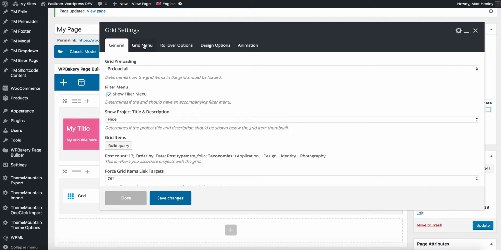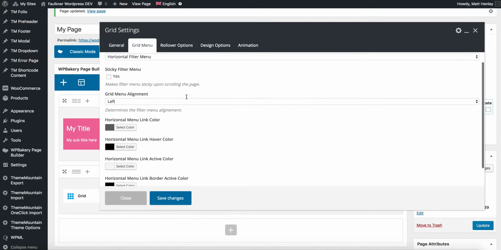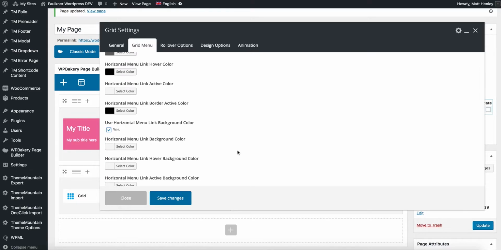So I'm going to head back to the grid menu tab here, switch back to horizontal filter menu. When I do that, I get the horizontal filter menu color options here at the bottom. And then at the way bottom here, I get use horizontal menu link background color. I'm going to go ahead and check this, and when I do that, what happens is that a little bit of extra padding gets added to each link so that if we give them a background color, they'll end up